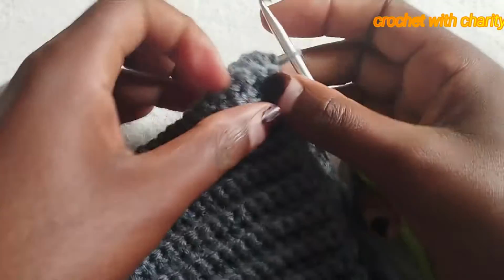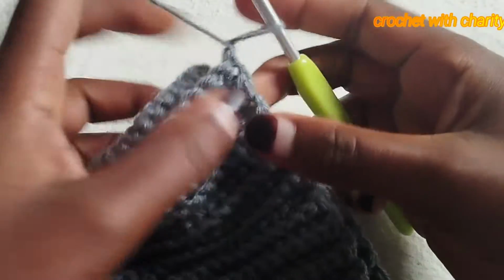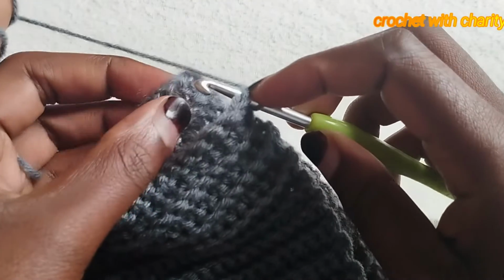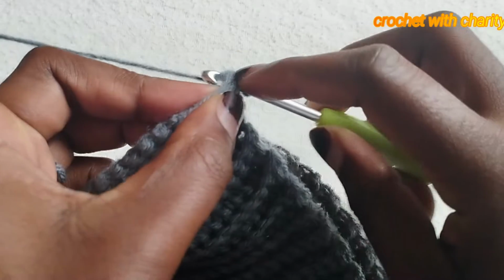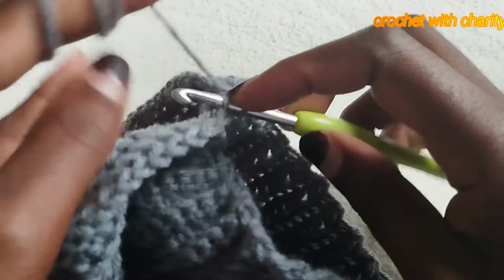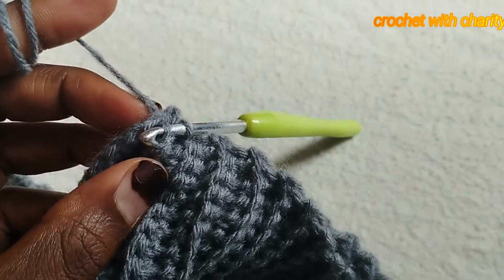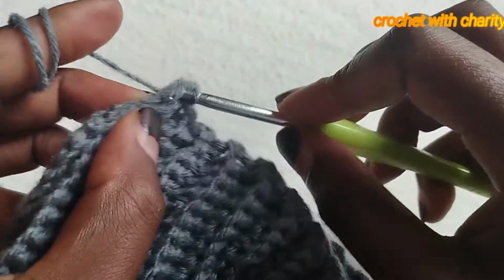Fold it like this and align the 2 sides. Chain 1 and insert your hook in both loops on this first side and both loops in the very first stitch on the other side. Grab yarn and make a slip stitch. In the next stitch, insert your hook in the back loop like that. On the other side, we are going to work in both loops. Work in both loops. So insert your hook in both loops, grab yarn and pull through to make a slip